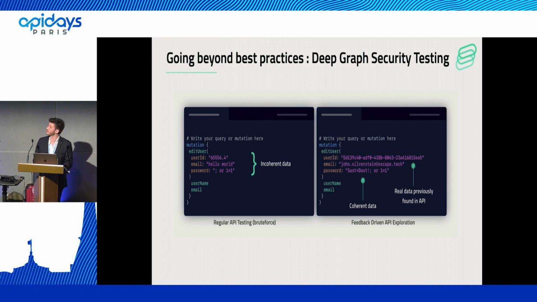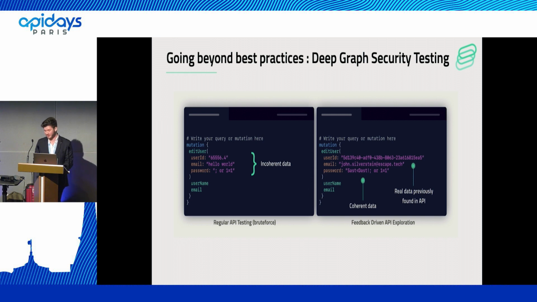So what have we found using that approach at Escape? Passwords. We have found JWT tokens. We have found GCP tokens in a banking app. We have found AWS keys, personally identifiable information, SQL and NoSQL injections, MongoDB, very bad, database enumerations, of course, and fragment recursion denial of service. Basically, we created requests with recursion in fragments, which have been mentioned before, and that just put a denial of service on the API.